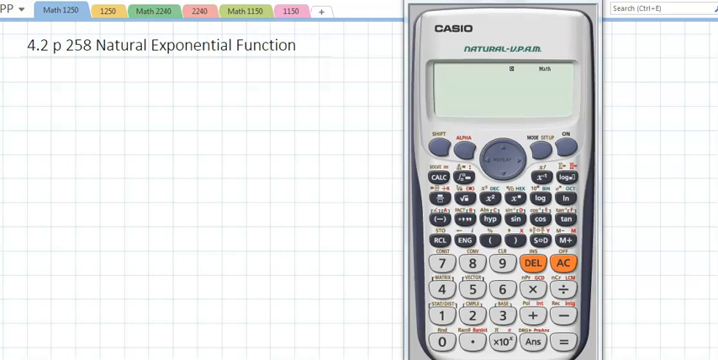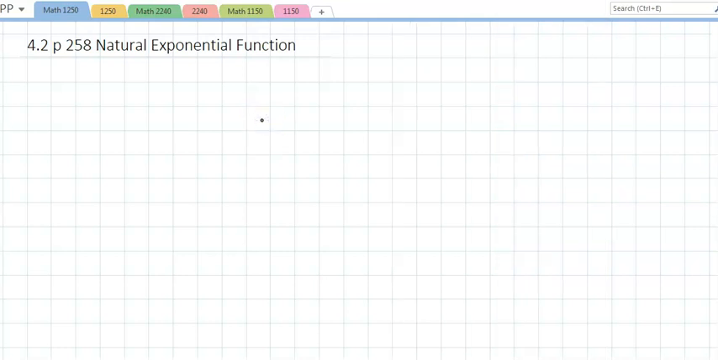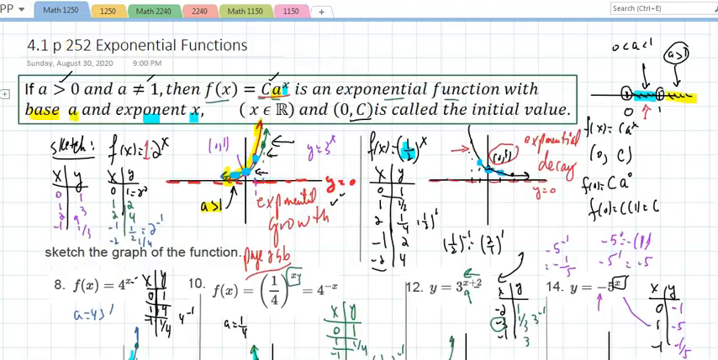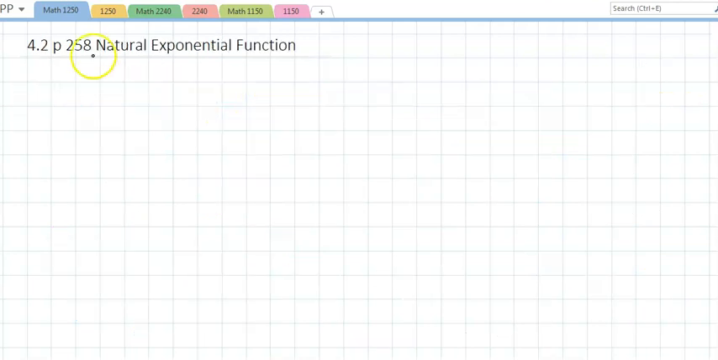Section 4.2 is on page 258 and talks about the natural exponential function. The natural exponential function is an exponential, just like we had in the previous section. If a is bigger than 0 and not equal to 1, well here it's fixed. Here the exponential function is f of x equals c times e raised to the x, where e to the 1 is actually